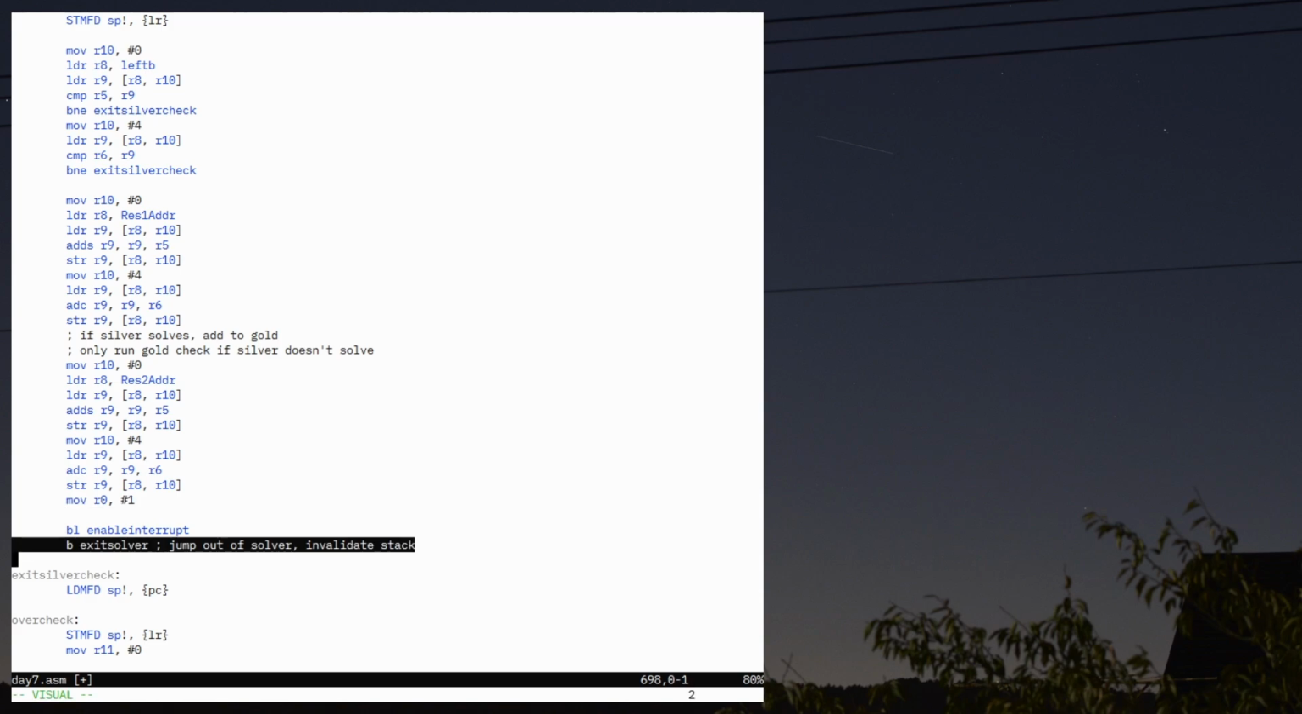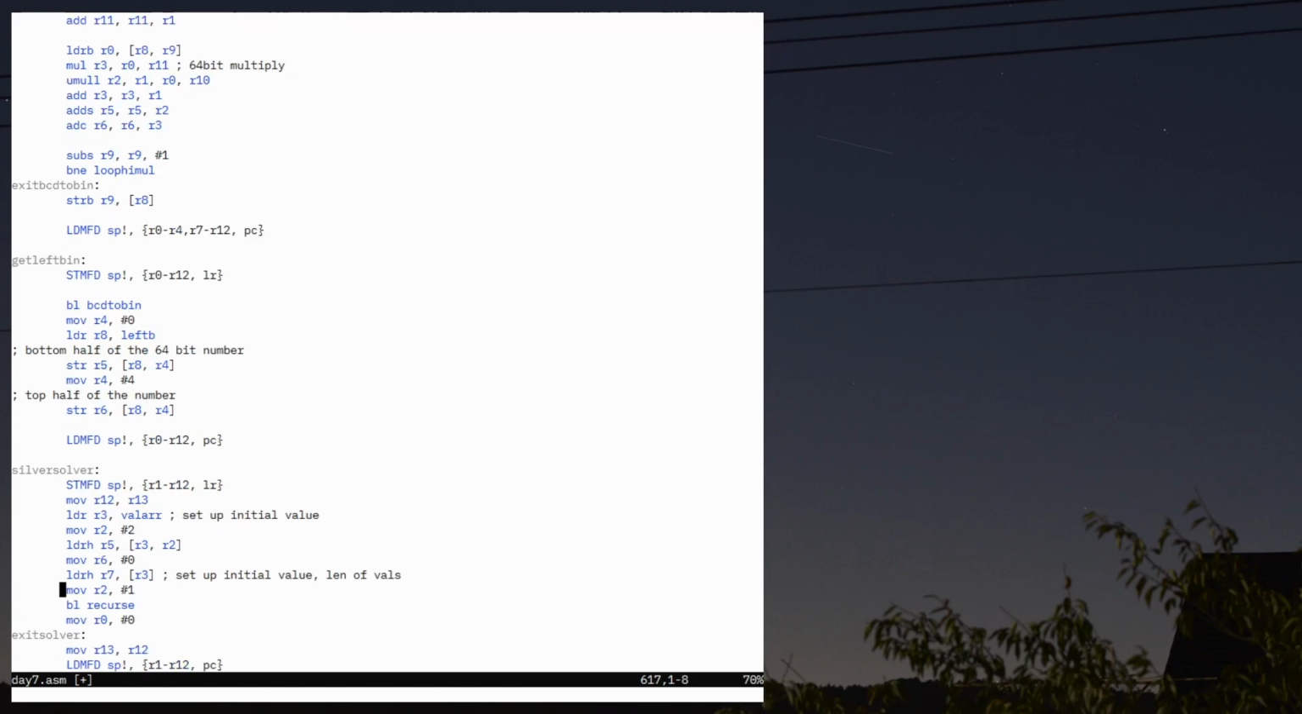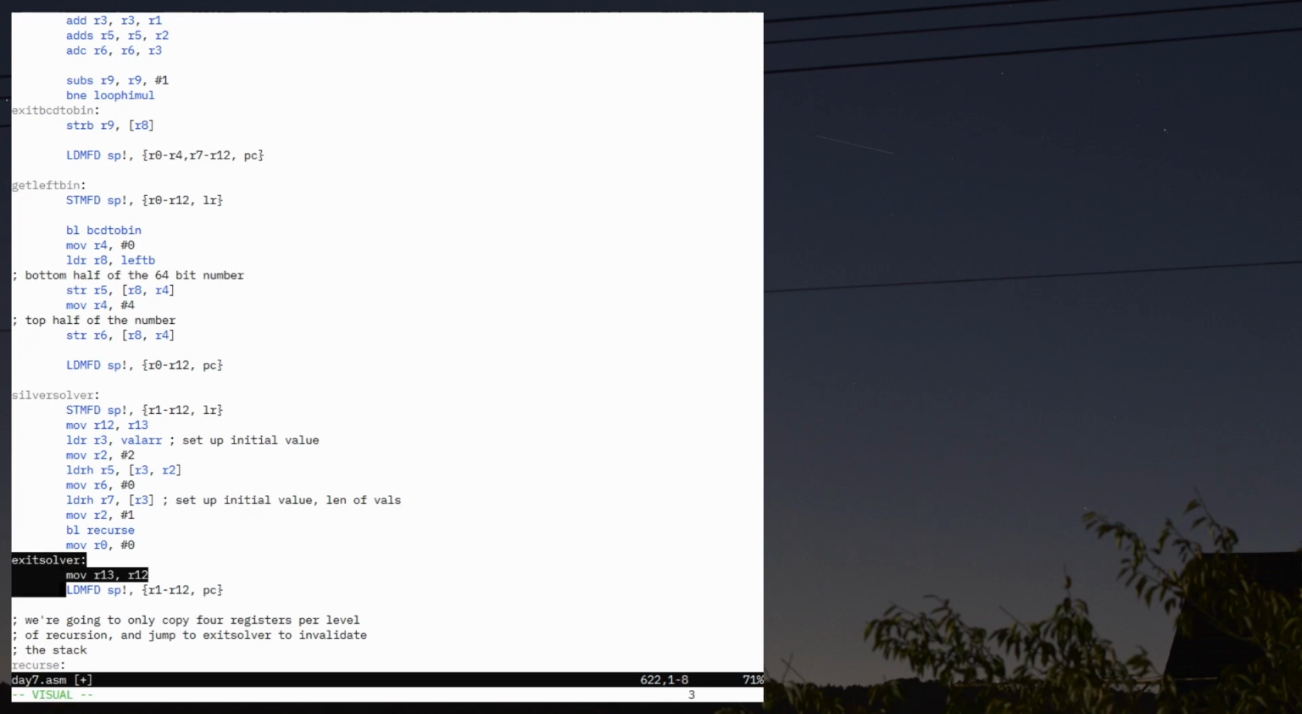We branch to exit solver, and you can see the comment there: jump out of solver, invalidate stack. We invalidate our stack, right? We could have a stack that's like 10 deep in returns of values, register values for that recursion, right? But as soon as I jump back to this exit solver here, it will load the stack pointer from when I entered this solver, and I'll just invalidate all of those layers of the stack. And that's how I get out immediately out of this